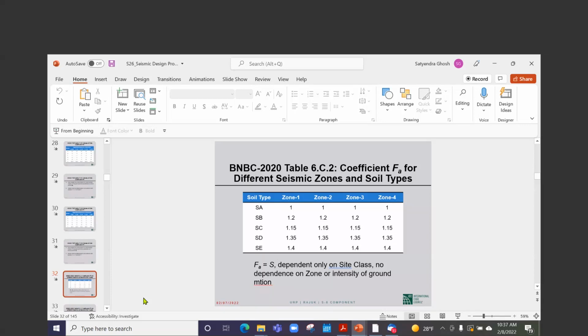Okay, so moving on. How do we design a structure near or in between the resonance range? What does that mean? What is a resonance range? Probably he is asking if the fundamental period is